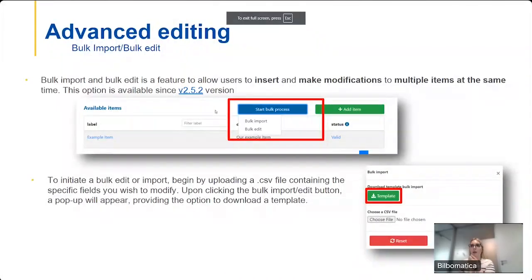So before making also a live demonstration in the administration tab, I want to make a brief explanation of what bulk import and bulk edit is, and I will also answer the question that was in the Q&A before. Bulk import and bulk edit is a feature that allows users to insert and make modifications to multiple items at the same time. This option is available since